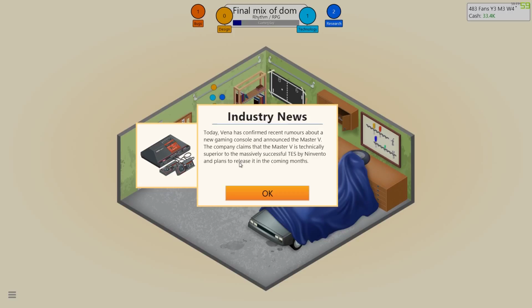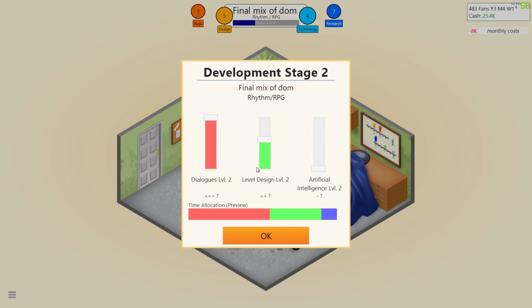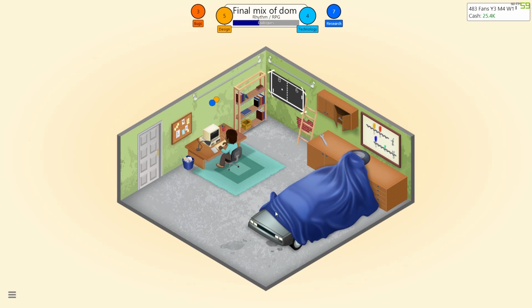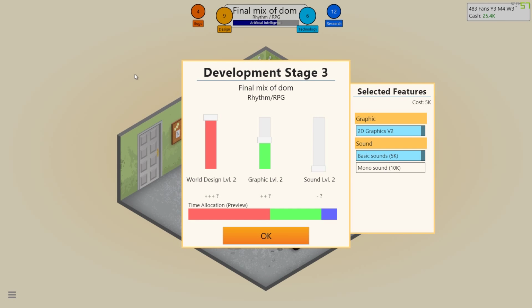Oh look, the Master System. Wasn't it supposed to be the Genesis then Master System? Or was it? I don't know actually. So this is just a literal RPG that I made a few seconds ago. Actually,